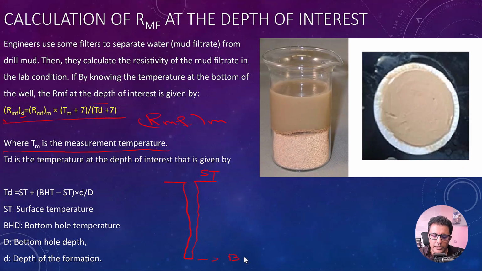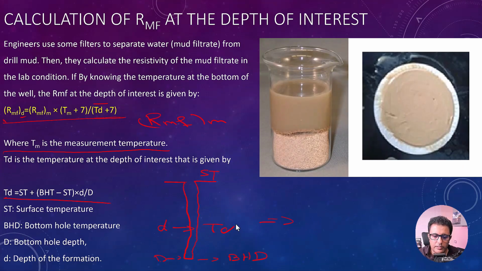We call it BHT, the bottom hole temperature. And also we have the depth of the borehole, D. If the depth of the formation is lowercase d, in that case, we are able to obtain TD